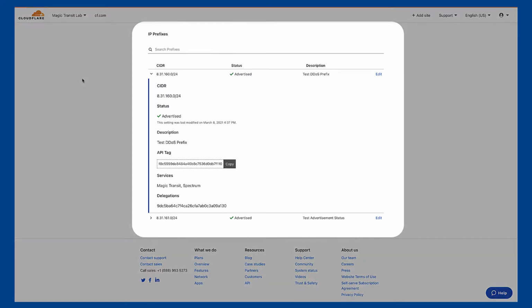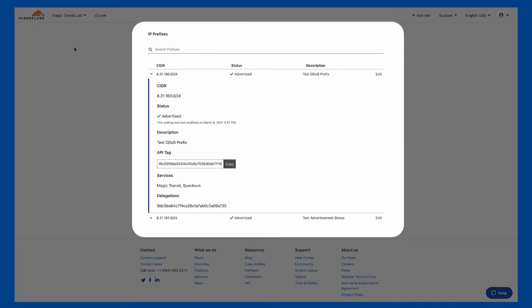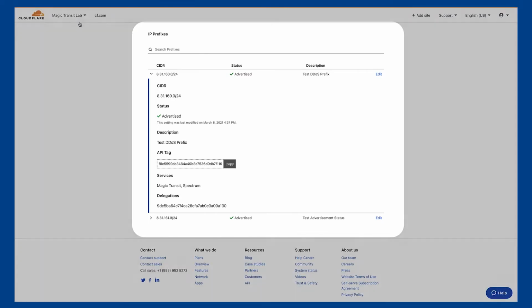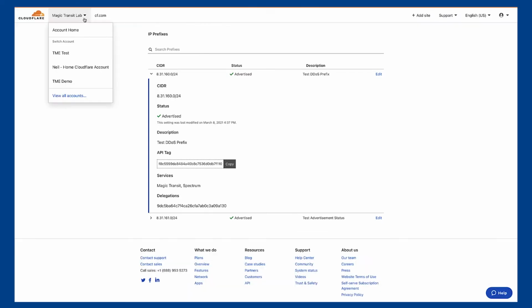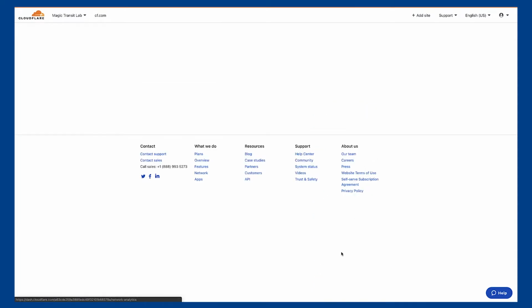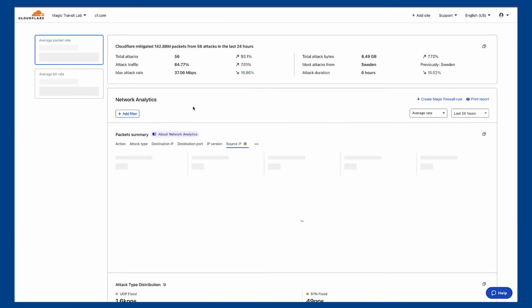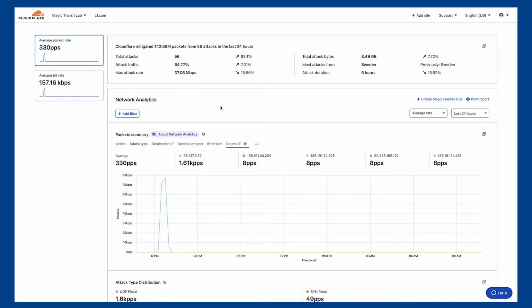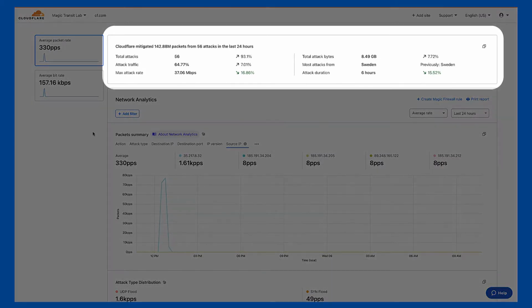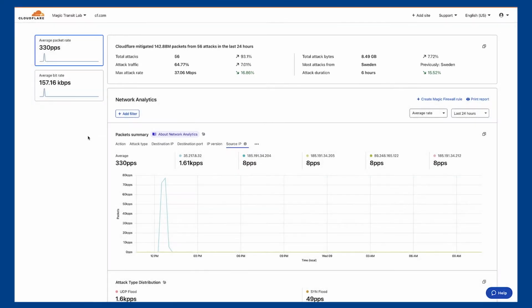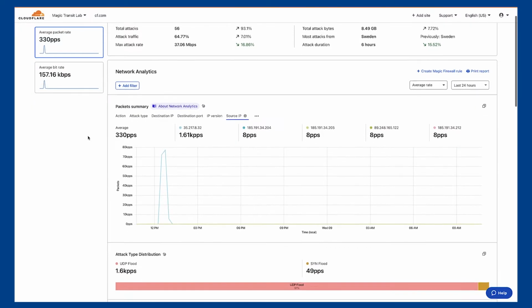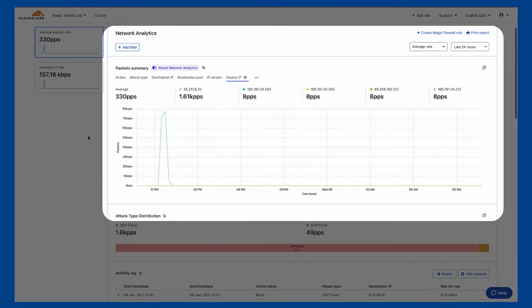Let's take a look. First, you can see in the dashboard the IP prefixes we are advertising through Magic Transit. When we pivot into the Network Analytics dashboard, you can start to see the visibility we have into the traffic destined for our protected IP prefixes. First and foremost is Cloudflare's DDoS mitigation statistics, protecting your network from network layer DDoS attacks. You then have an interactive map that you can filter to view statistics like packet volume and even top destinations.